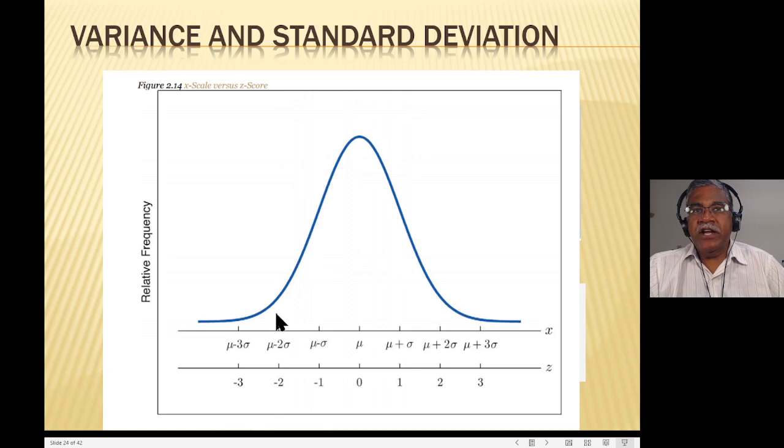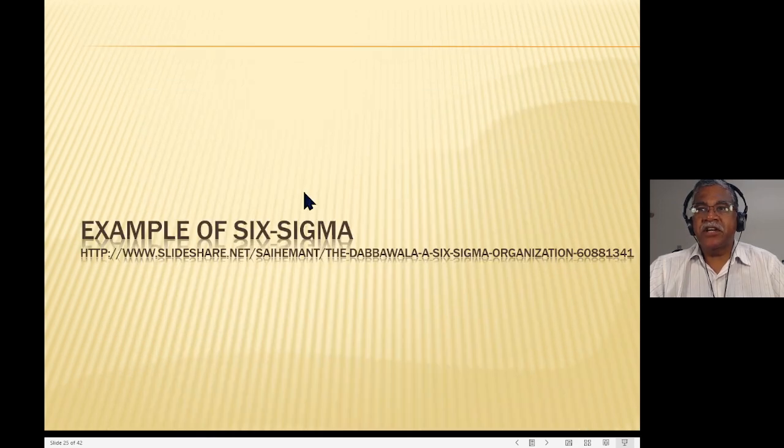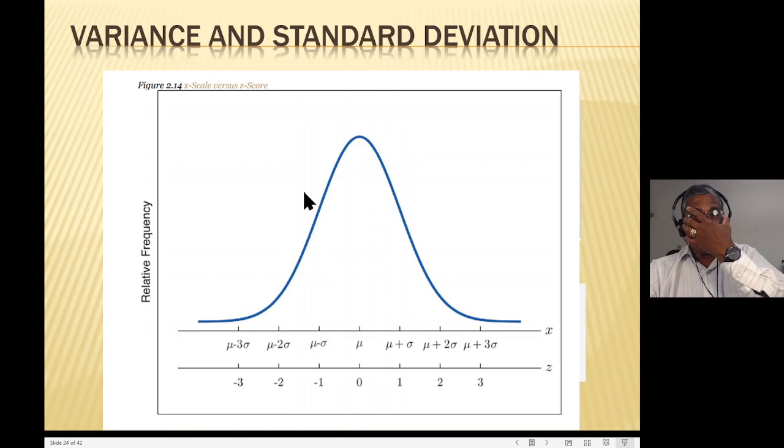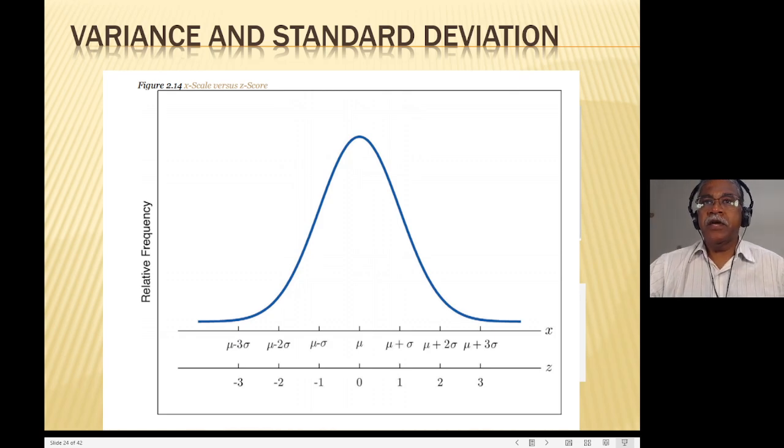If you go two standard deviations away, that means the mean plus or minus twice the standard deviation, then it takes into account this much of the data. If you go three standard deviations, that means you're going to take like 90 some percent of the data. Okay, and that's how these standard deviations are calculated. Now, if you say that all the measurable data, without any outliers, without any errors, without anything.